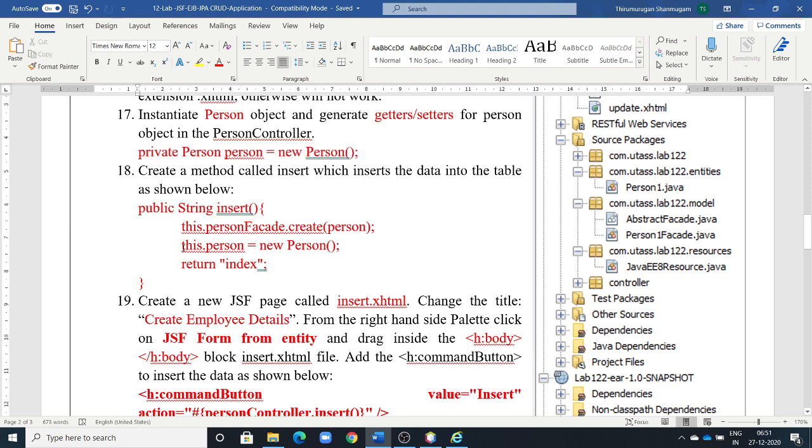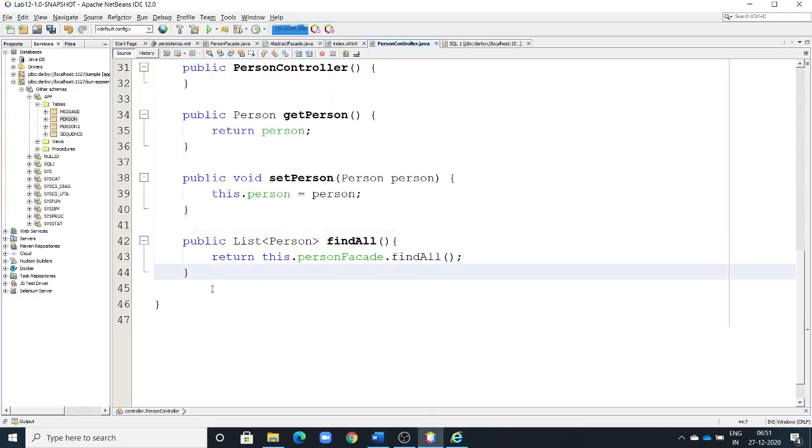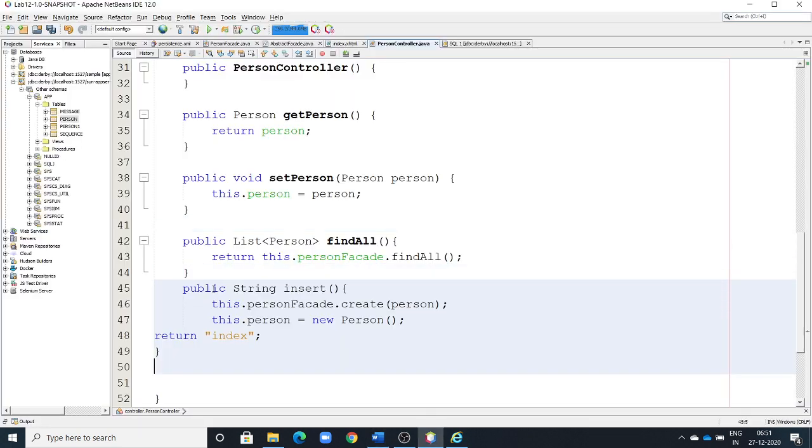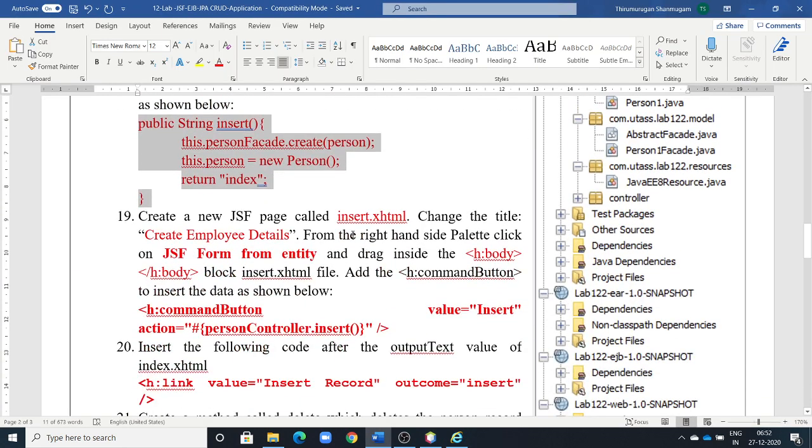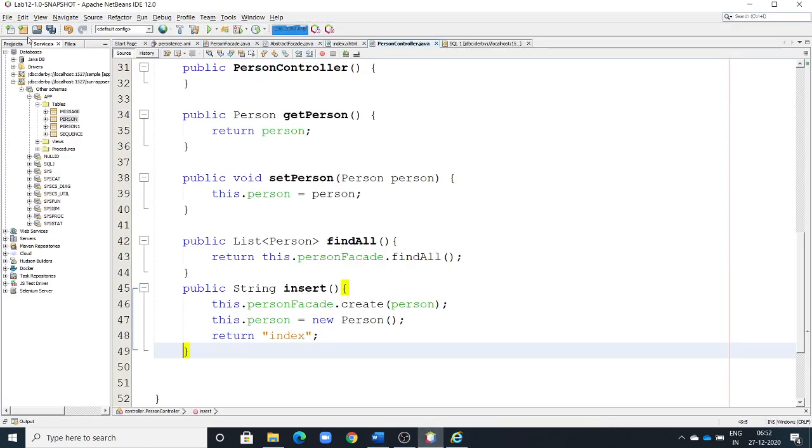That means after that we create the object of the person, then only it will update, otherwise it won't update. Therefore I'm going to copy this one. Okay, now after findAll, this is the code for insert.